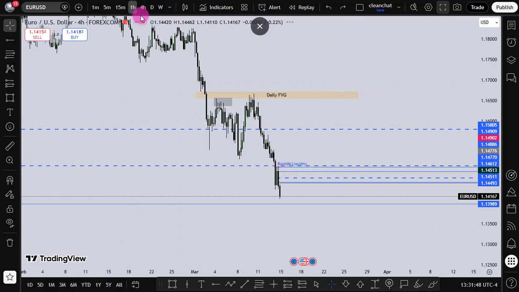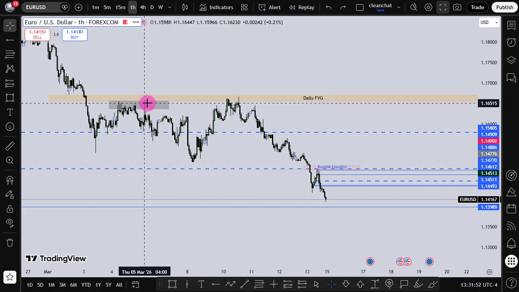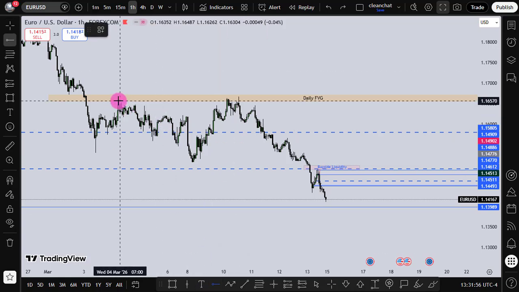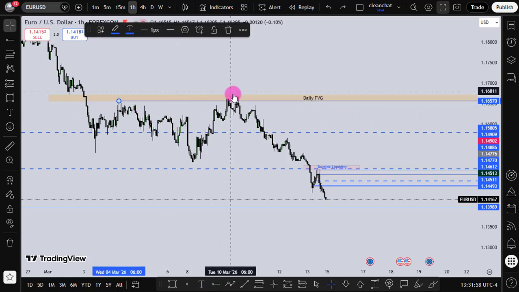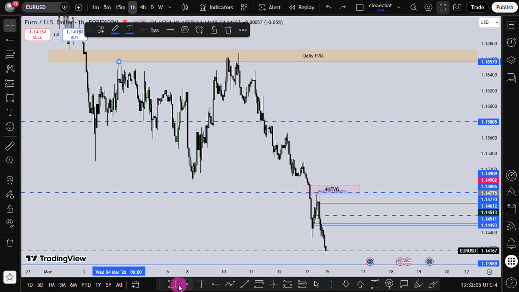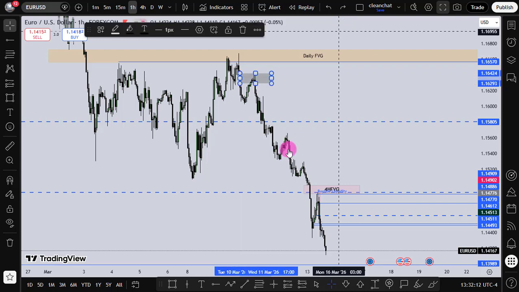And then looking at the 1 hour, let me delete this box. We're looking at this buy side, price went above it, respecting our daily fair value gap, and then we're having this break of market structure here on the 1 hour. If you remember, the DXY was showing the same thing on the 1 hour. You're able to be on your chart looking at this daily fair value gap, and could have traded it at this break of market structure,